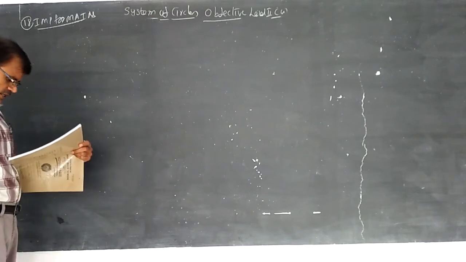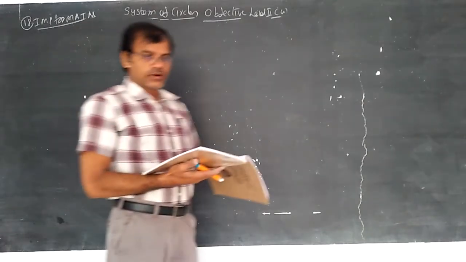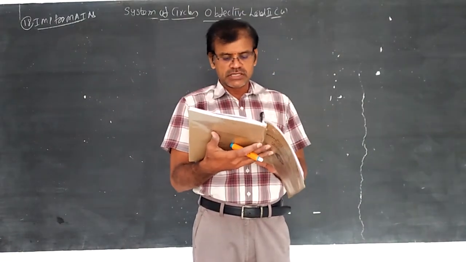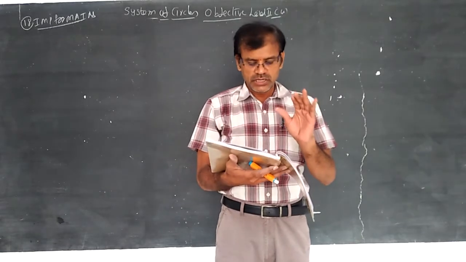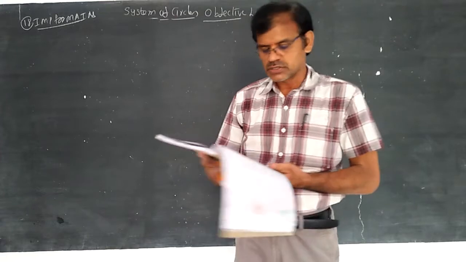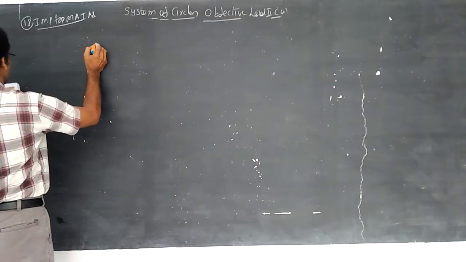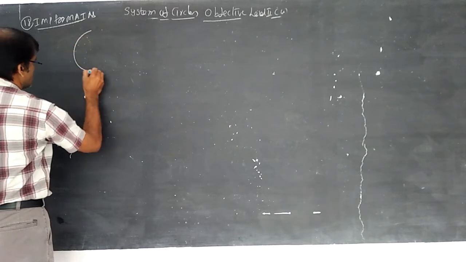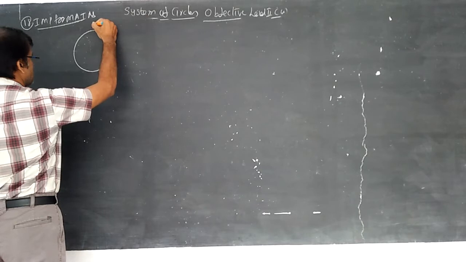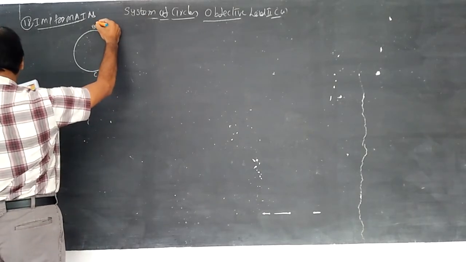B and C are points on the circle x square plus y square equal to a square. A point capital A, B comma C lies on that circle such that AB equal to AC equal to D. Here this is the only logical thing which is most useful for us. Then find the equation of BC. Draw like this. Put here B and put here C.